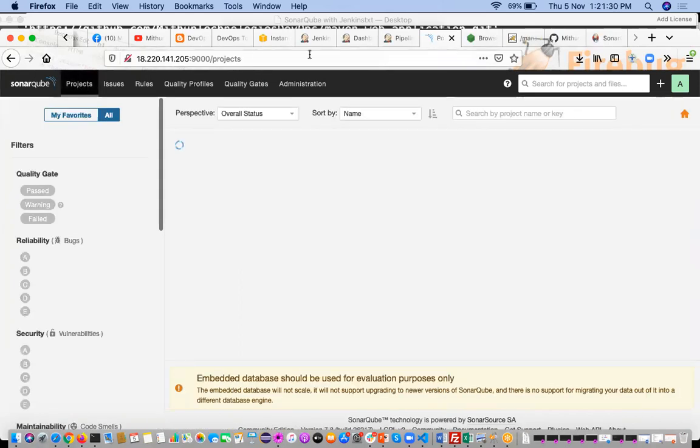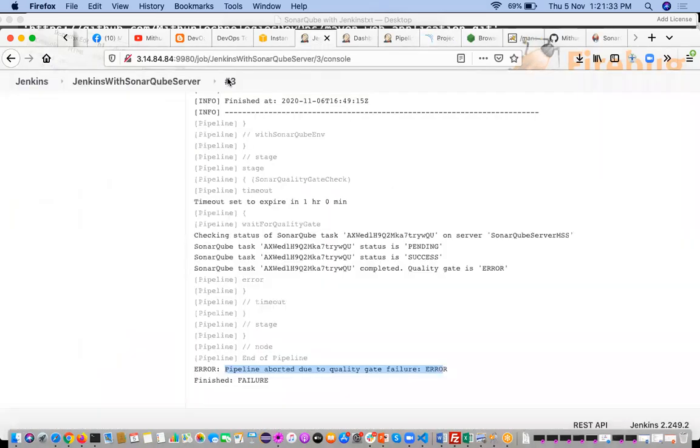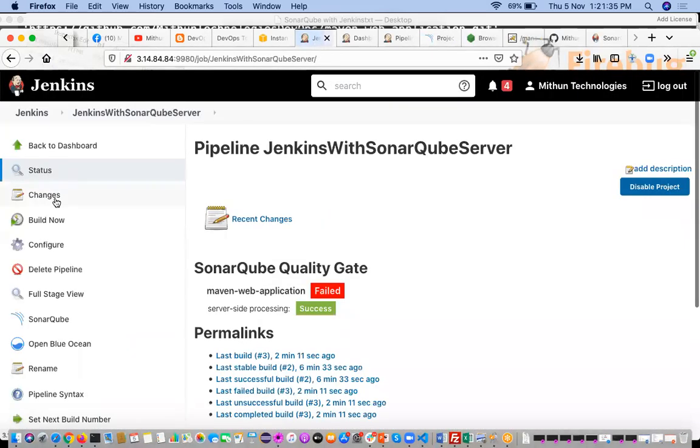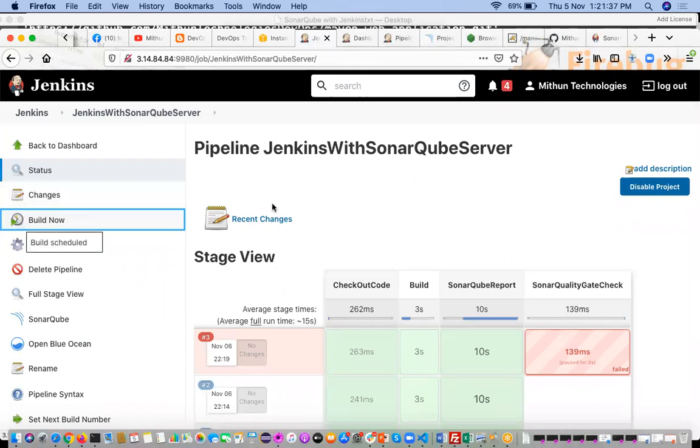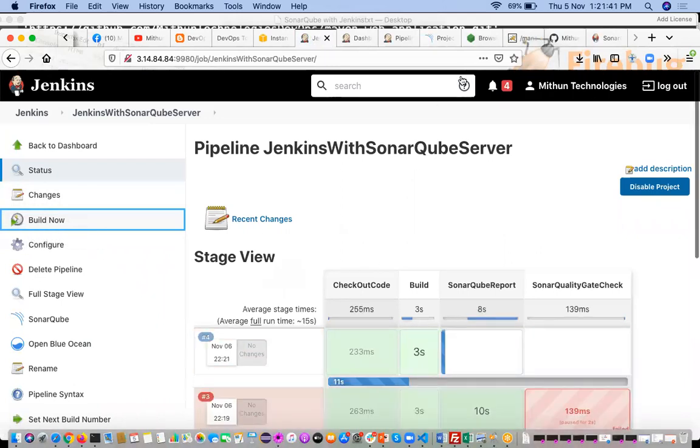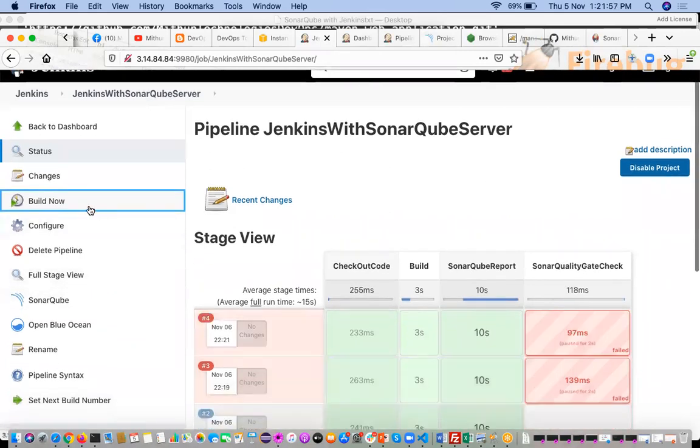So now if you trigger the job, click on build now, it is going to run successfully, and the quality gate is also going to mark this job as passed. So even this stage is also going to be passed. Totally overall our job is going to be passed.